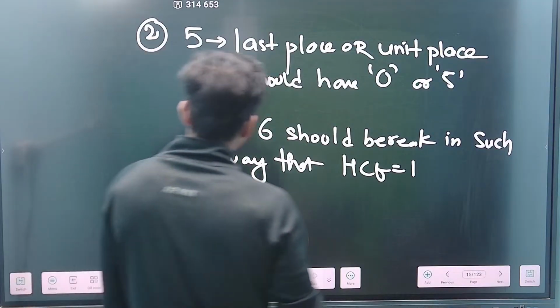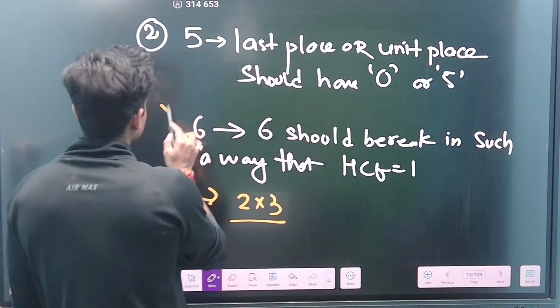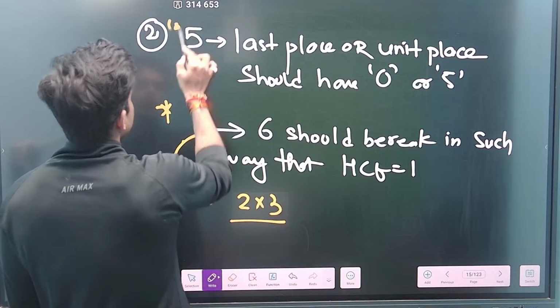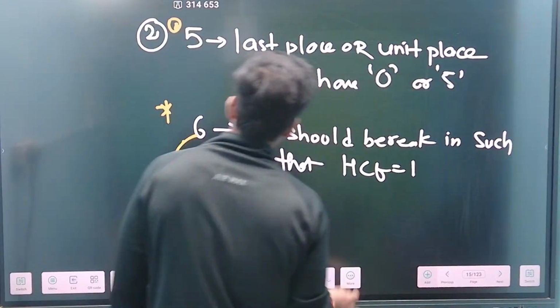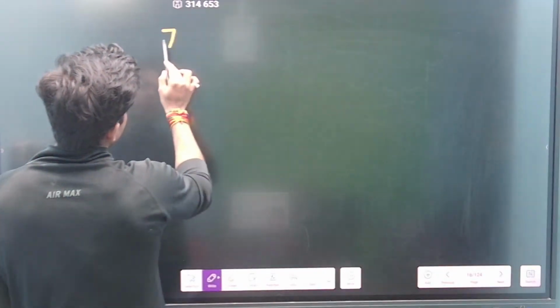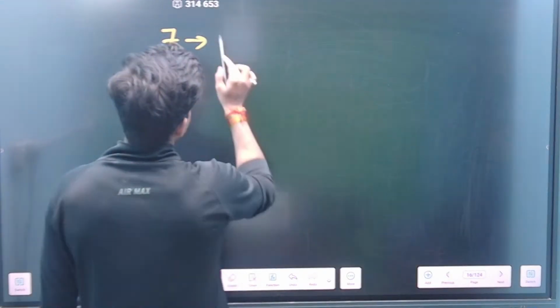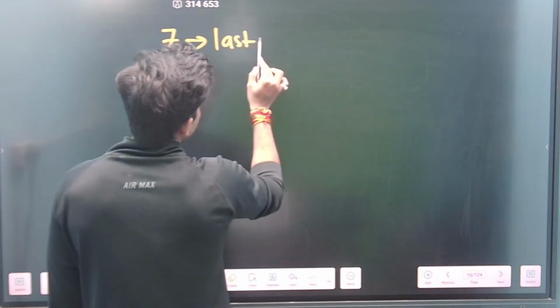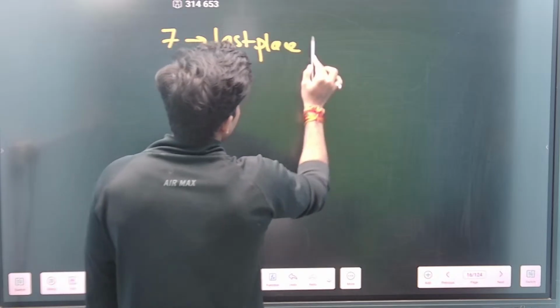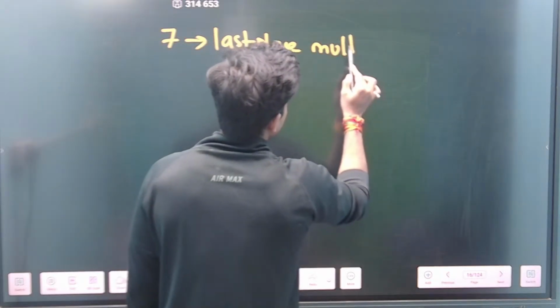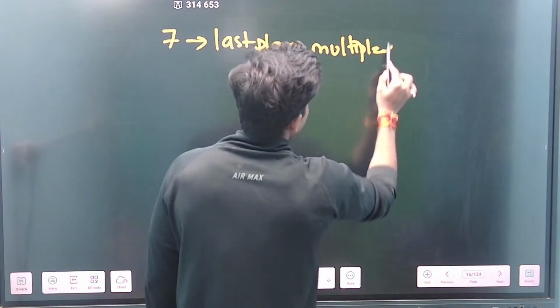Now we also talked about this. We have done 5, and then we have done 6. Quick recap I am showing you. For 7 I would say that the last place should be multiplied by 2,